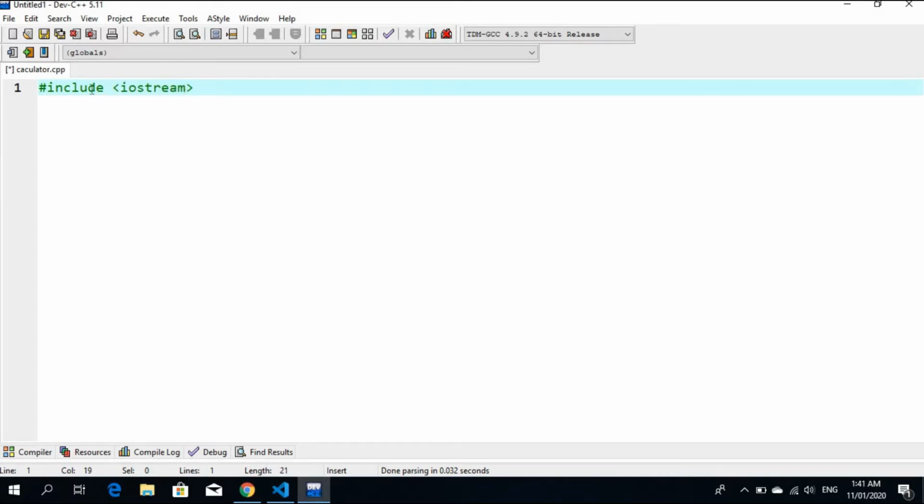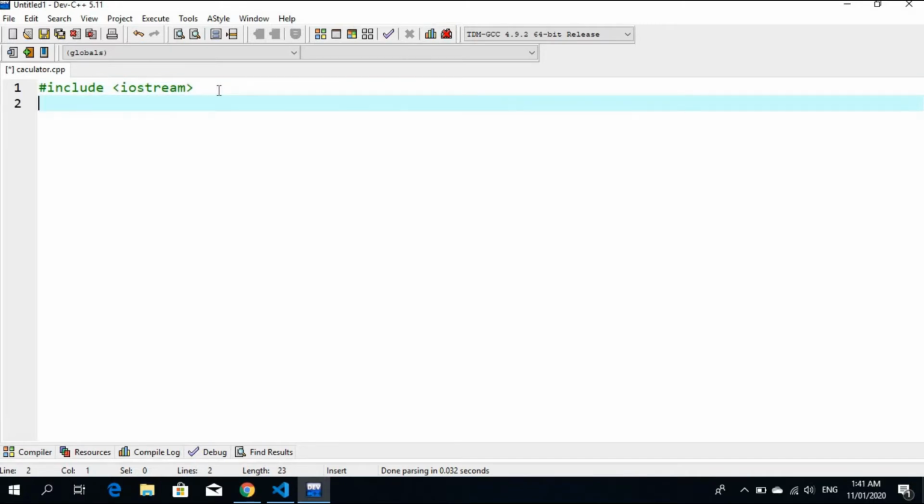So we are going to include iostream. iostream stands for input output stream. This is the library which is stored in the C++ compiler. In this line we're going to write using namespace std,